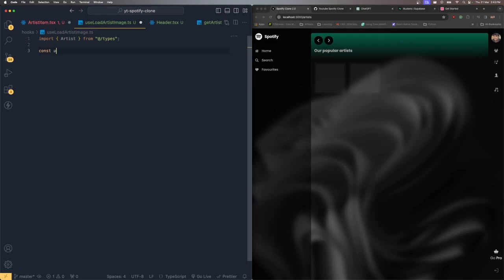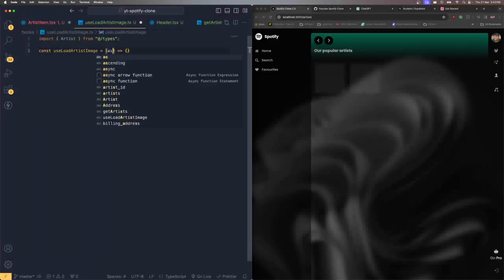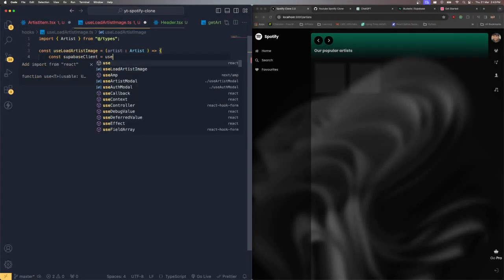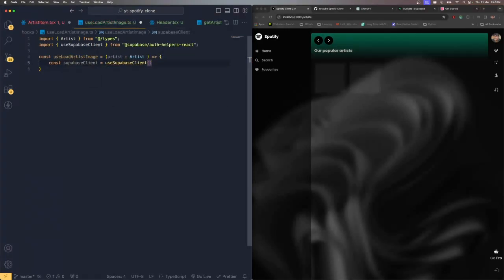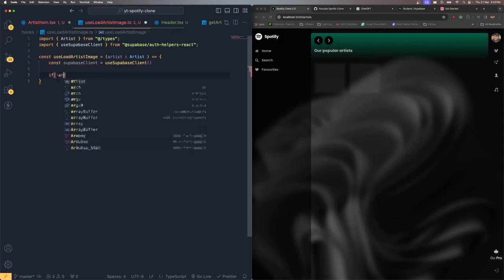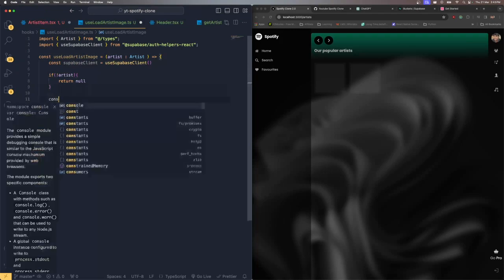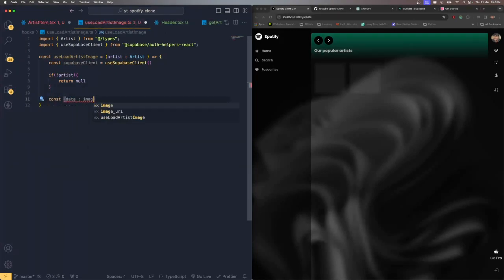Okay, then const useLoadArtistImage, something like this, equals, and I'm going to supply the parameter as the artist, and that is going to be artist colon type of this artist. Inside this function we need to create the Supabase client object. Use Supabase client, make sure that is imported properly, and if not artist, we are returning the value as null. Otherwise, I'm going to fetch that data and I'm going to keep the data name as the image